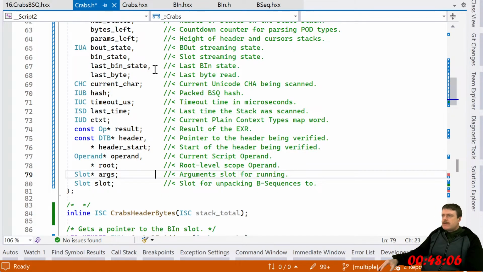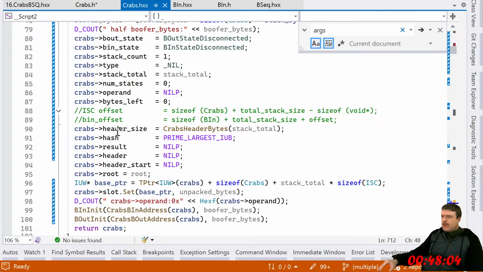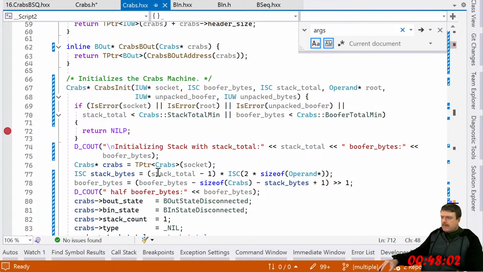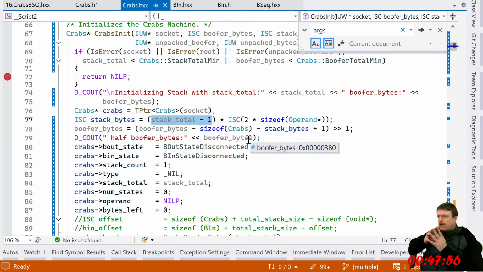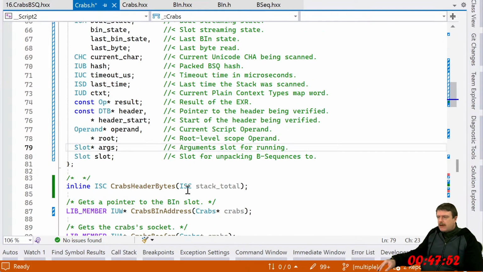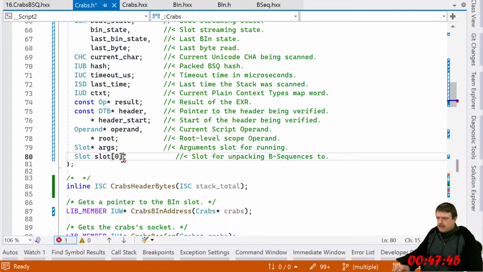So like this was because the only reason why I would have -1 here is if I had the thing at the end that was like an array. And so this is like slot. You can just think of this as slot 0. Because that would make sense.